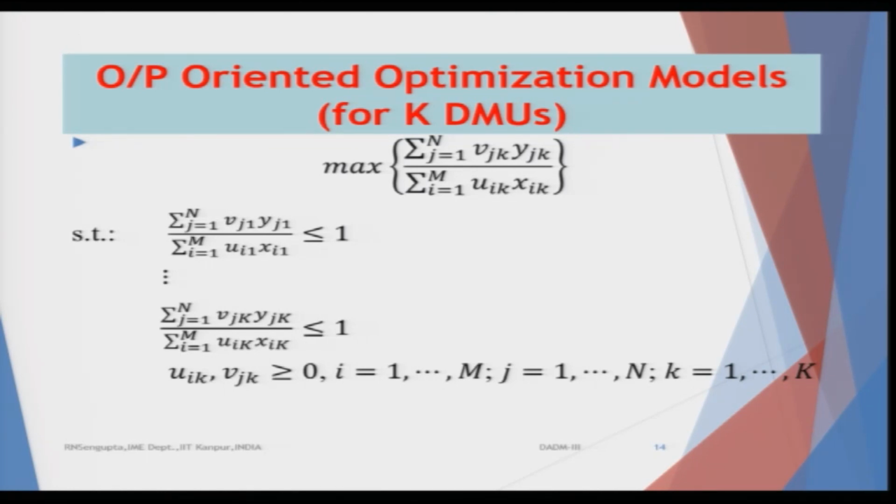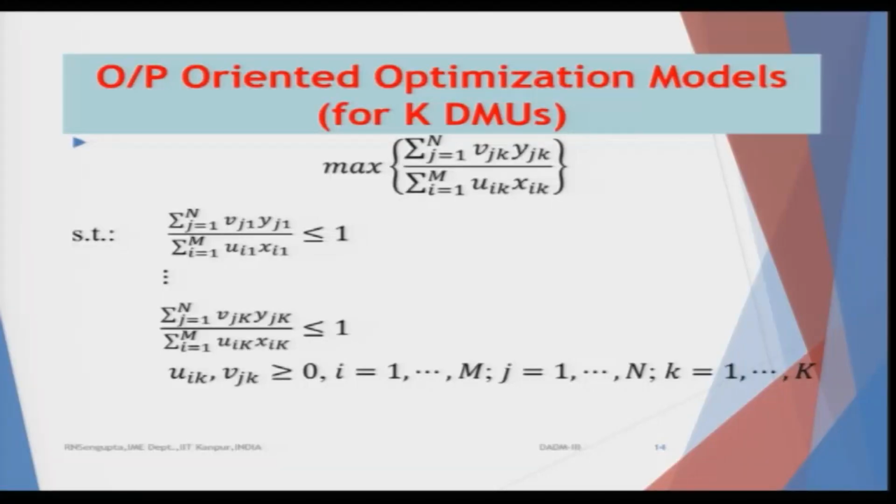Now, if you see this ratio, what does the ratio mean? The ratio means that I am trying to find a maximization of a ratio, where the ratio actually means the efficiency. In the numerator, the top part, you will have the total bundle of all the outputs, that means what is coming out, because you are summing up by multiplying the decision variables with the weights, and in the denominator you have the total bundle of inputs.